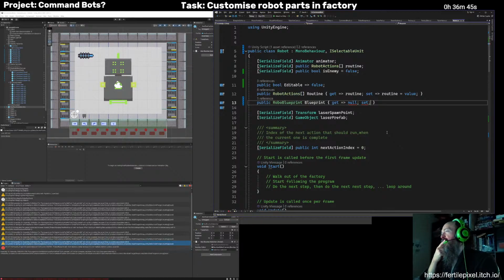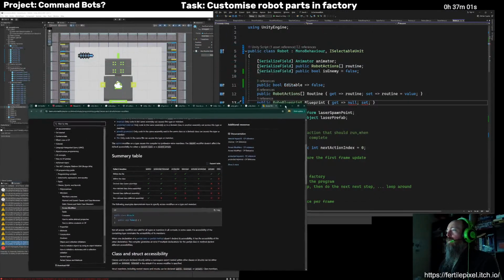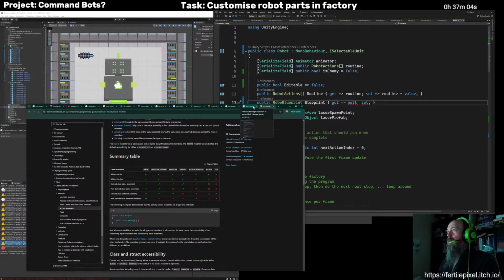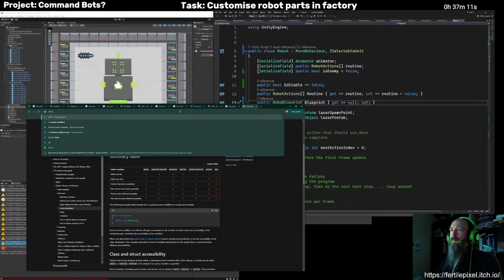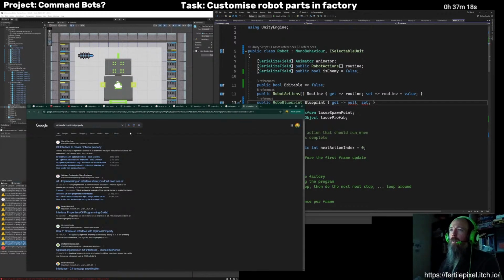Okay. Is that because that's a struct here? Yeah. So it's a value type. All right. Let me just have a think there. I basically want to have that be like either a blueprint or nothing. Can we have an optional property?